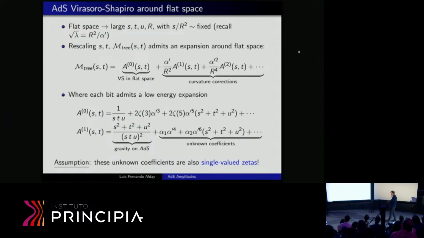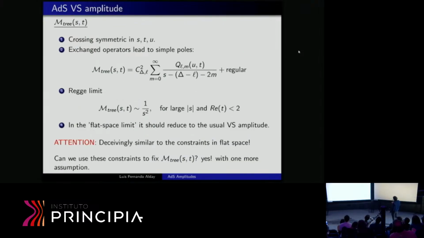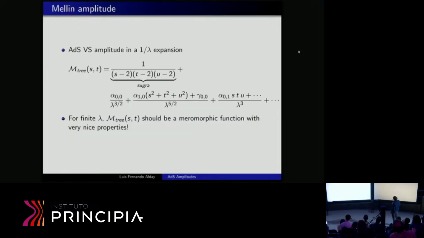And notice that if you take that limit, in this expansion here you keep only the leading order terms. So you are taking a double scaling limit where S, T, U and lambda are large, such that at each order you only keep the leading terms of each polynomial. So here the degree 2, here the degree 3, and so on. And then if you resum all these leading pieces, you take this, plus this, etc.,